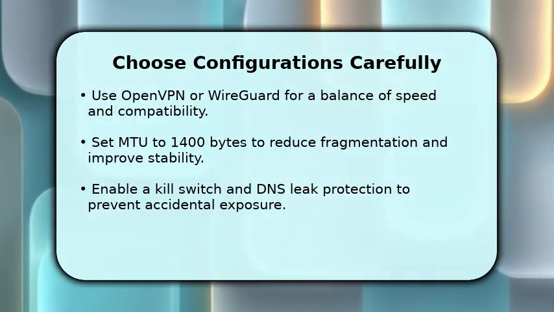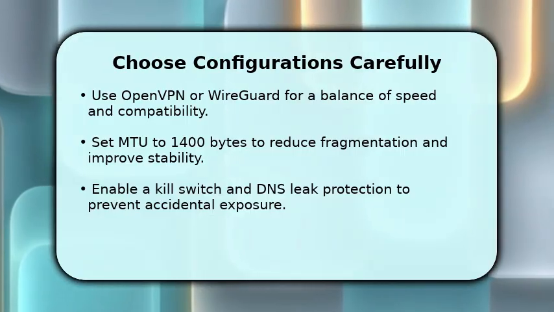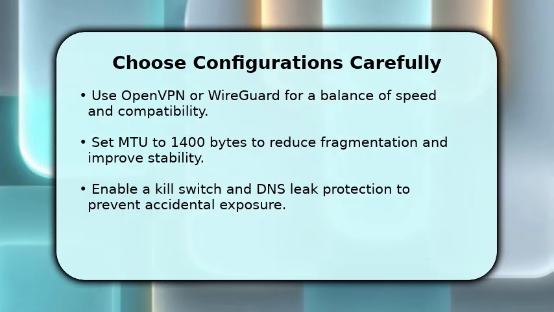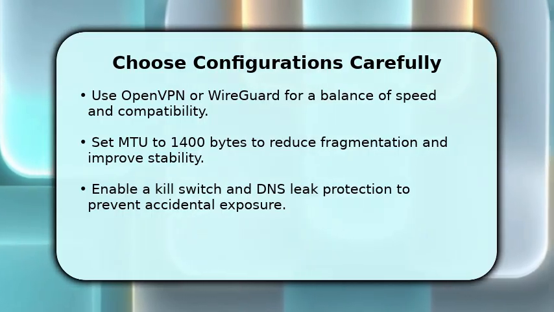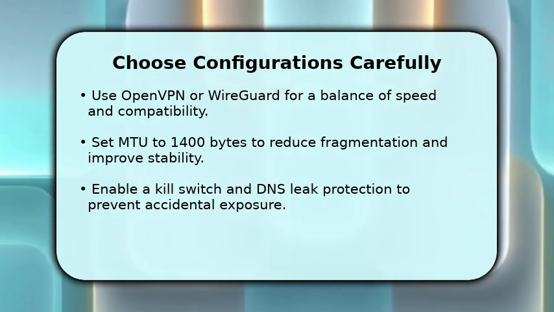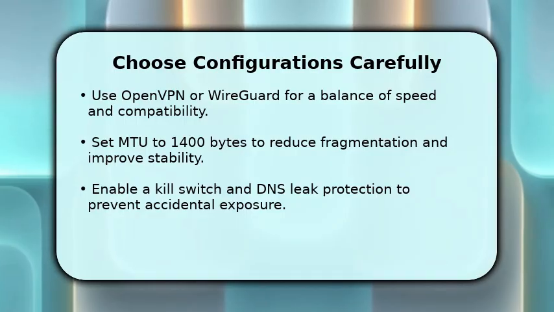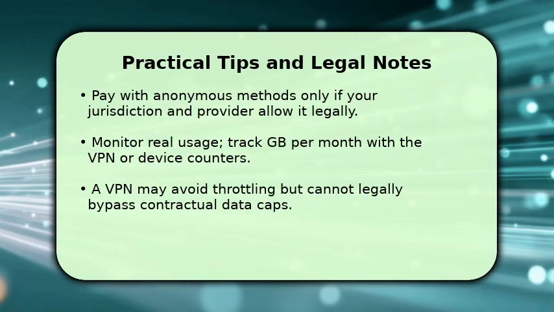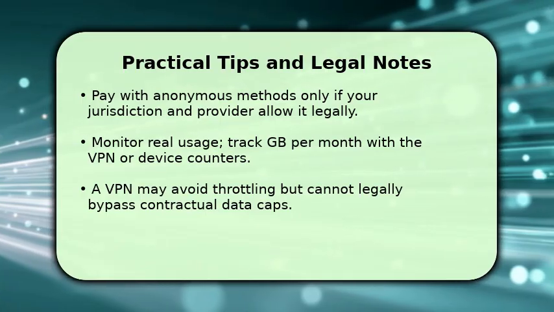Route heavy apps through the VPN using split tunneling to save unnecessary data usage. Enable a kill switch and DNS leak protection to prevent accidental exposure when the VPN drops. Consider TCP port 443 when networks block VPN traffic. Monitor real usage and track gigabytes per month with the VPN or device